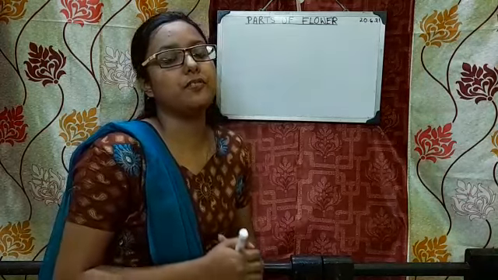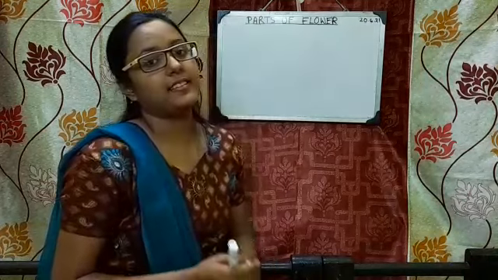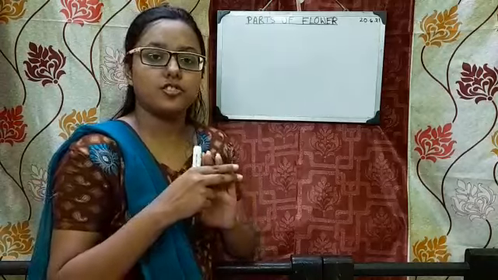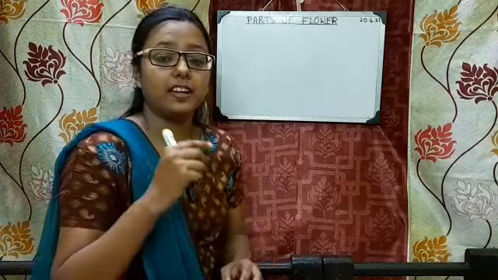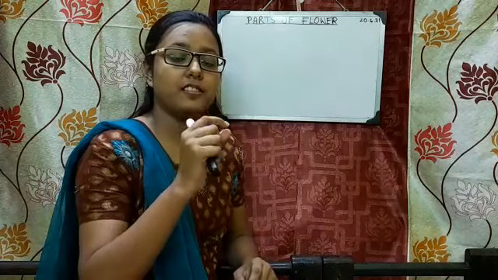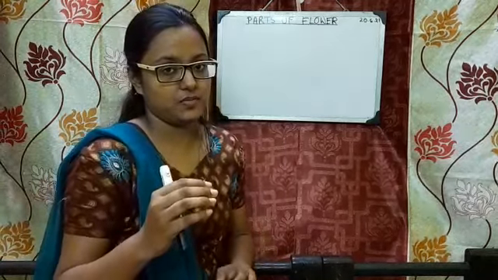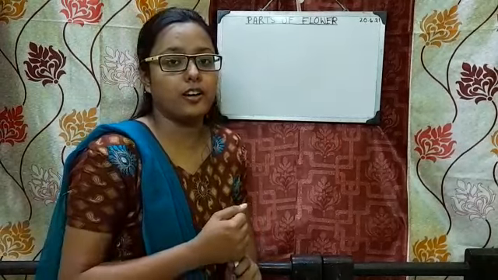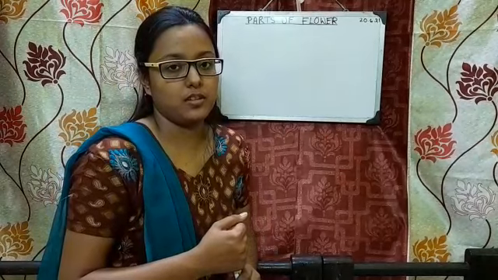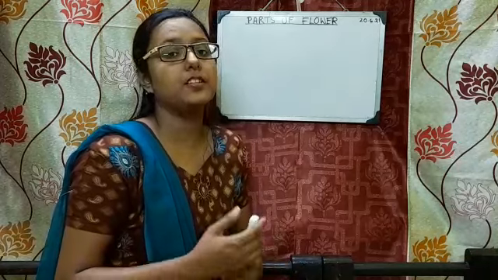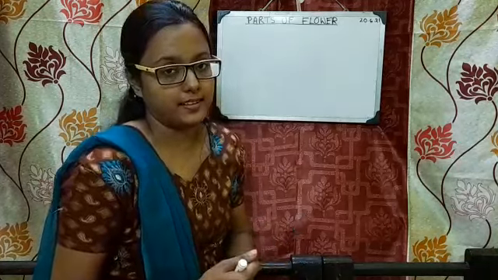Flowers are composed of four main parts, that is calyx, corolla, gynoecium, androecium. And there is also a stalk through which the flowers remain attached with the shoot. Another thing, the flower is also called a modified shoot. Okay, the first one, the calyx. We will know about the calyx.